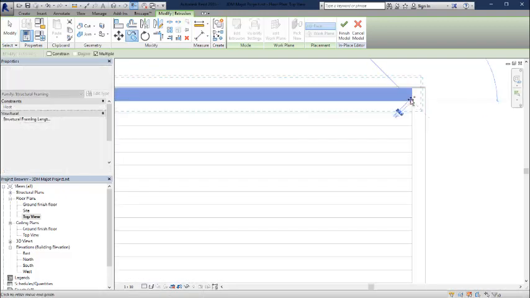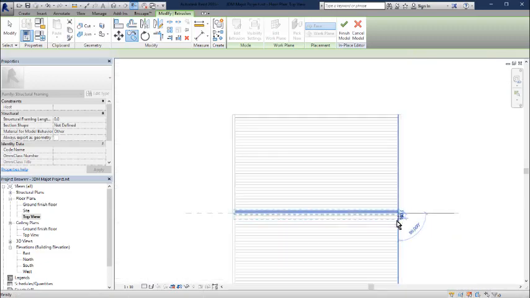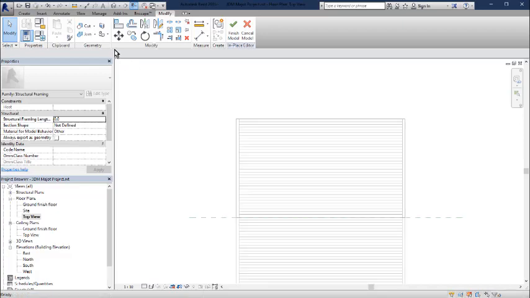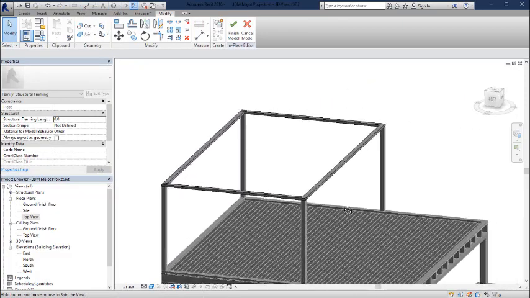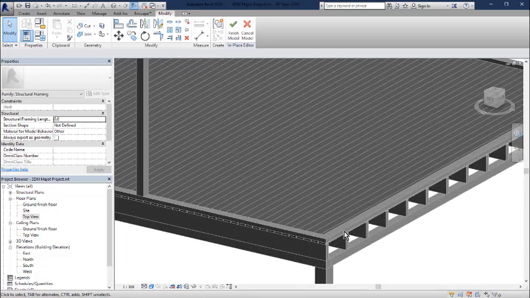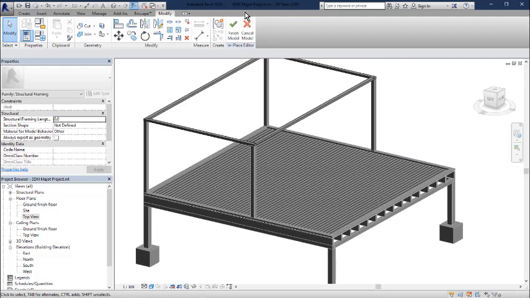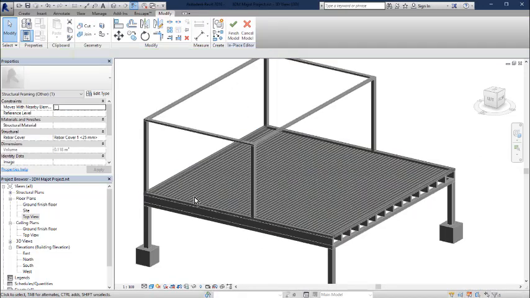There, and we're going to copy this and move that into place there, I believe, and let's look at that in 3D, and okay, we have basically outlined that, and we would indeed need another sole plate